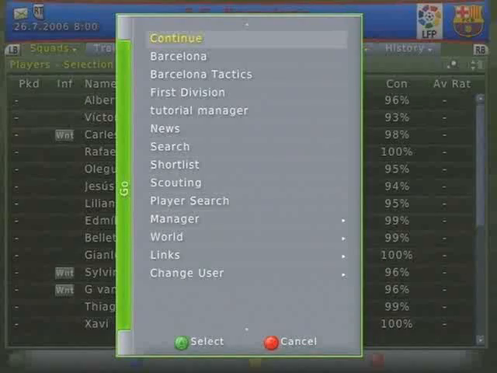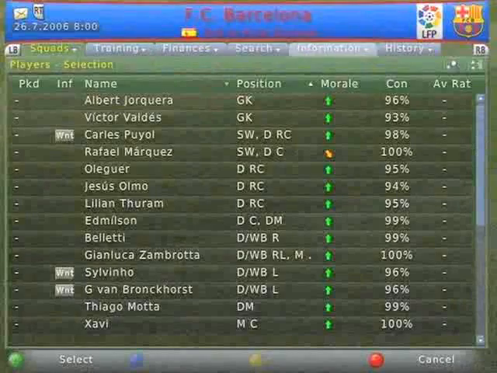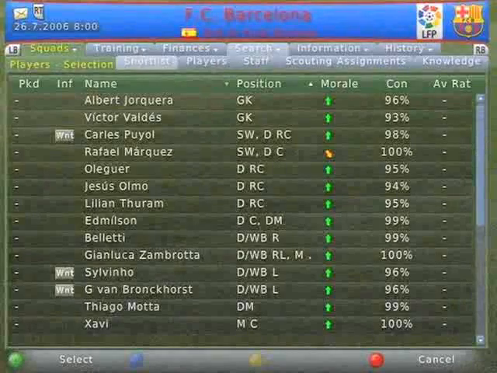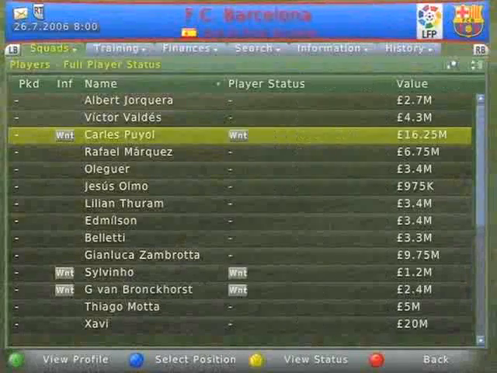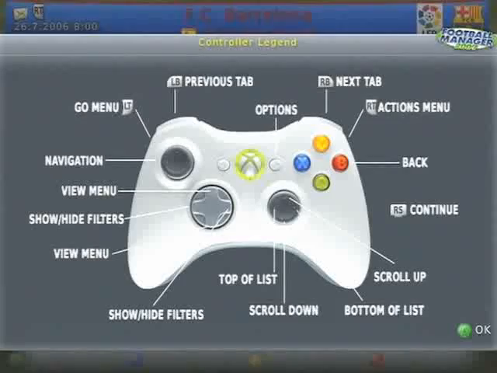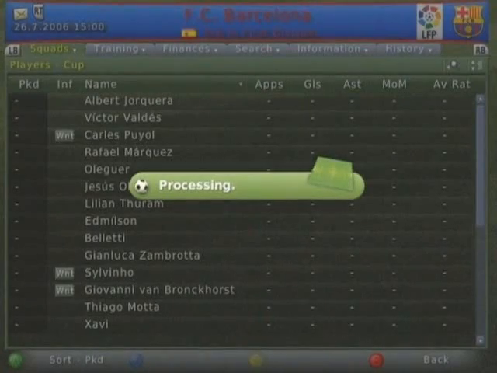The LB and RB buttons take you to the quick tabs, which are situated below the title bar and allow you to move freely between them. The D-pad navigates through filters on different screens. And the back button brings up a map of the controller to help you navigate around the game in case you forget anything. Probably the most important button is the right analog stick, and pressing that in will continue the